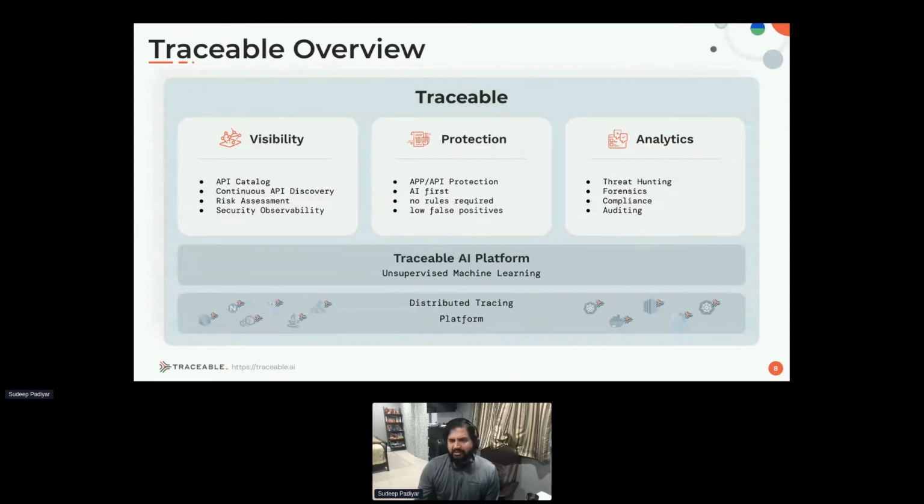The third aspect is around analytics. As we have a data lake with a lot of this information around individual threats, around some of the vulnerabilities that we see over a period of time, as well as the sensitive data flow, which is a very important aspect around API security, you can actually start doing threat hunting to see what kind of data was accessed by different kinds of users, what is their profile, are they legitimately accessing this information? And as we see with data breaches, some of these happen over months. So the ability to actually do threat hunting effectively based on users, based on APIs,